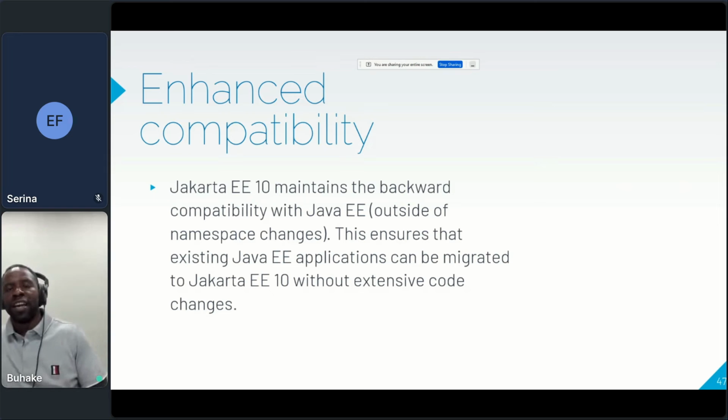So from Jakarta EE 9, we moved to Jakarta namespaces, and it was no longer backward compatible with Java EE namespaces. So even though we're not backward compatible with Java EE frameworks and libraries, if you're still in Jakarta EE from 8 onwards, it can still run.